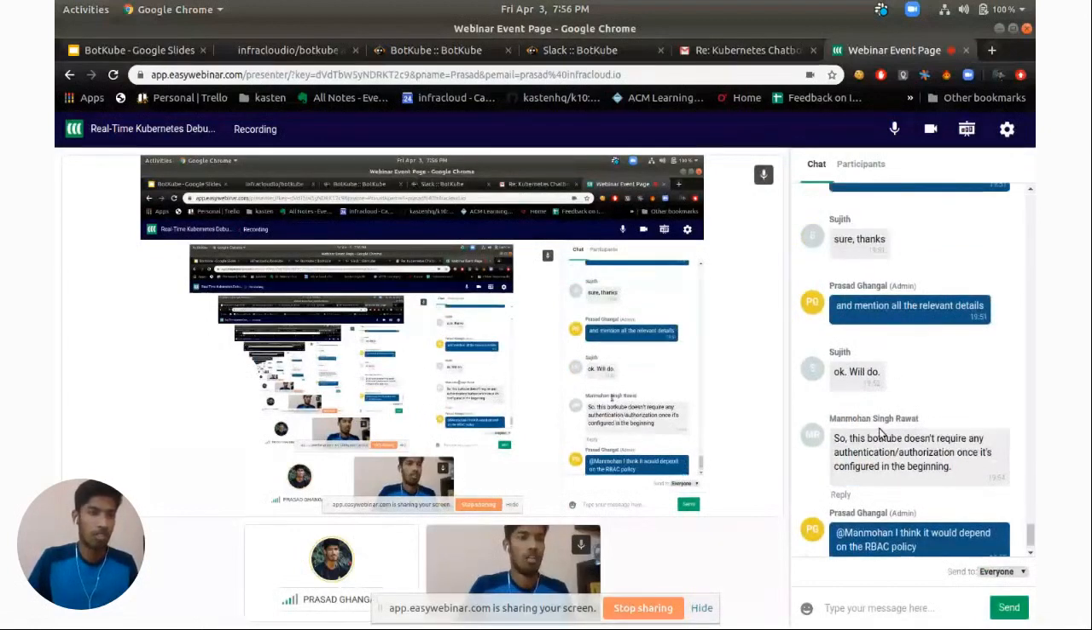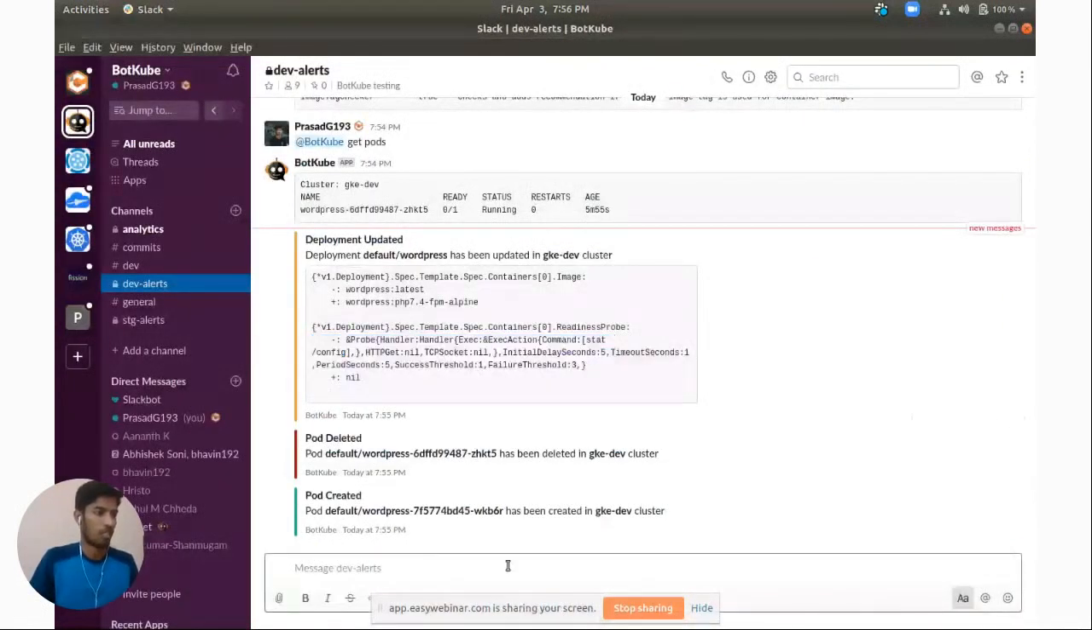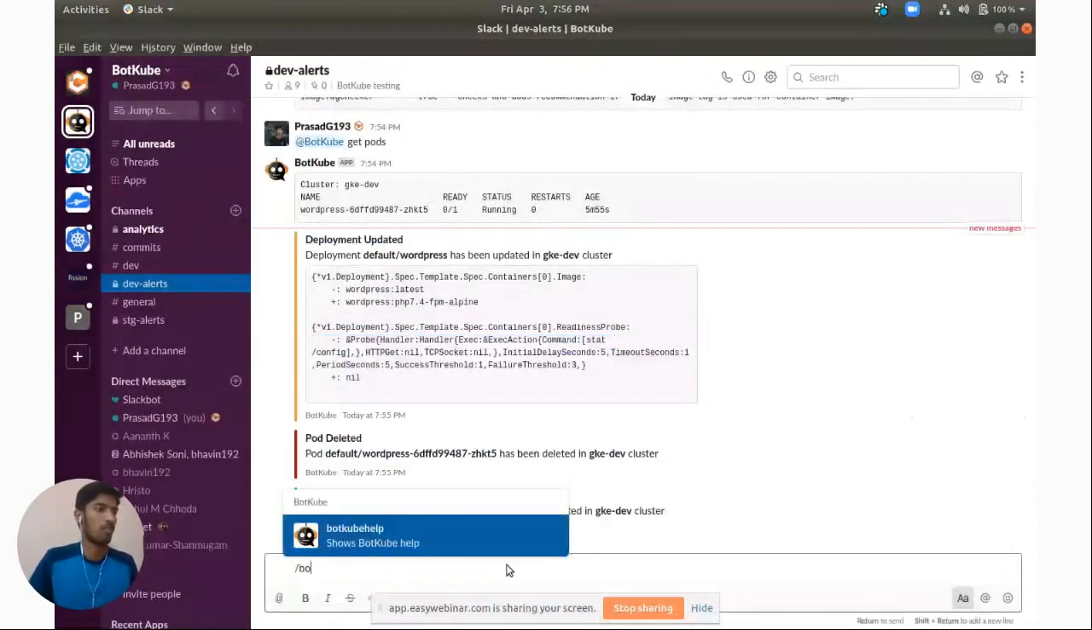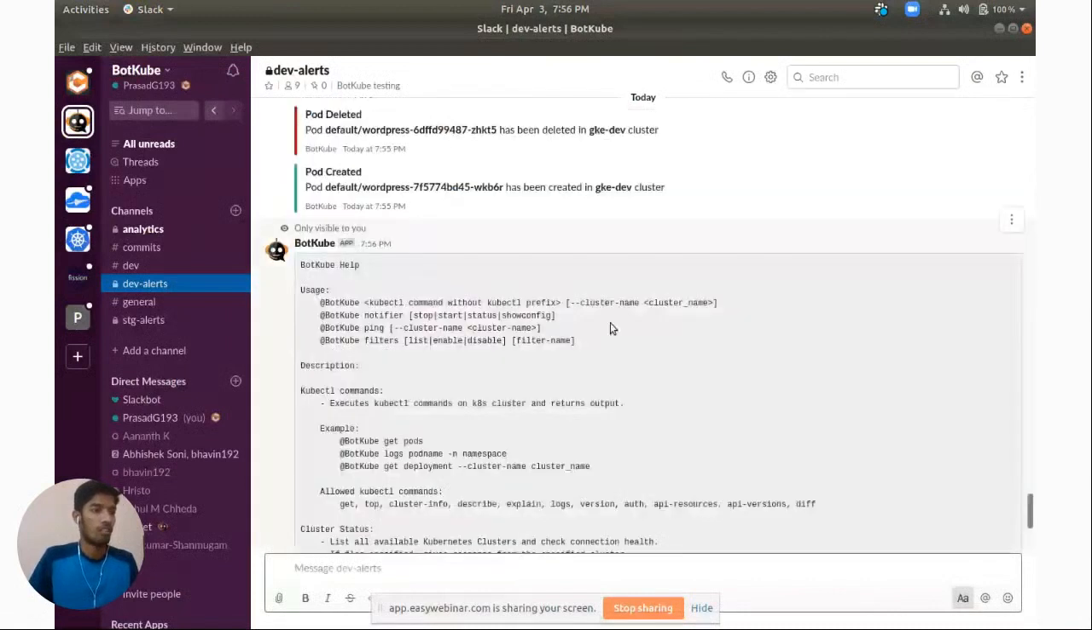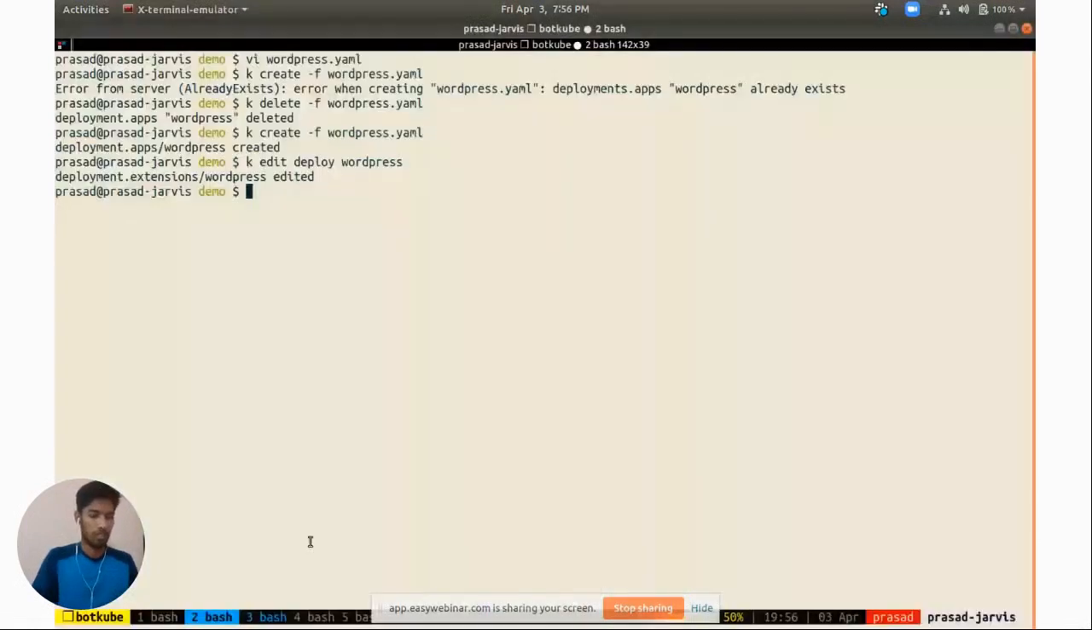So BotKube doesn't require an author. Yeah. So by default, we provide read-only access to all the Kubernetes resources. If you check the BotKube help command, these are the set of kubectl subcommands that BotKube allows. Also, if you look at the cluster role that we set,